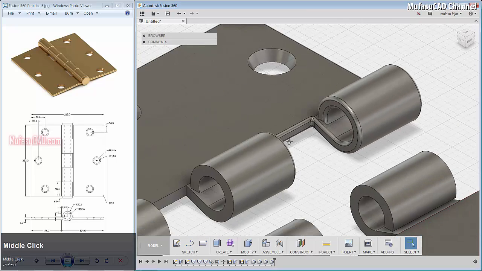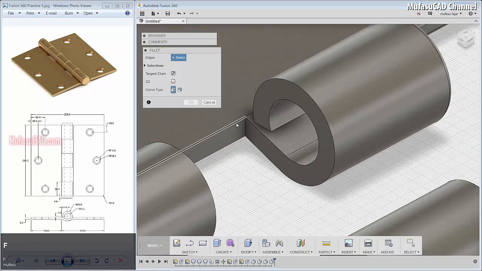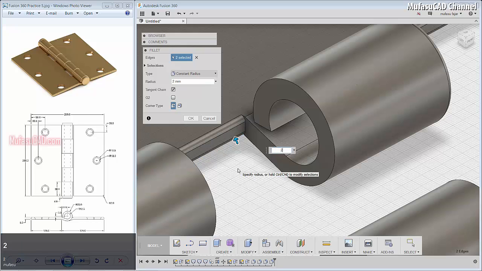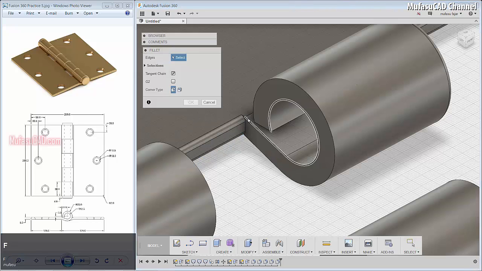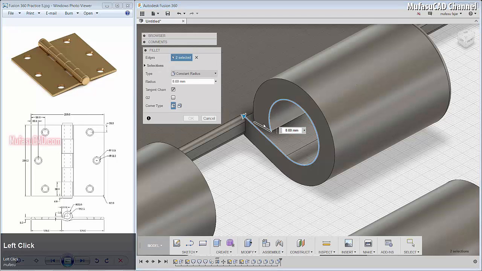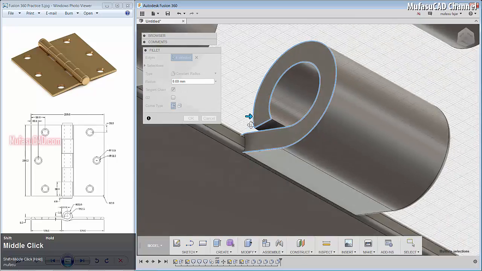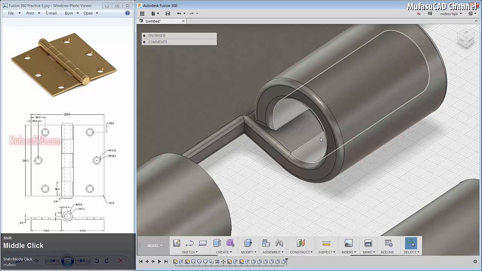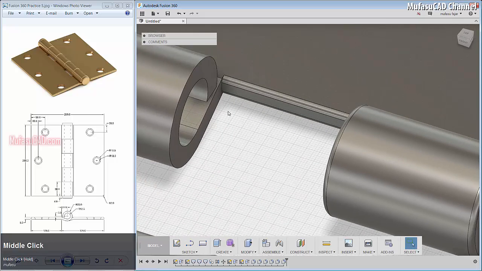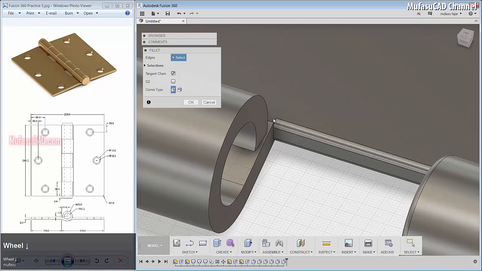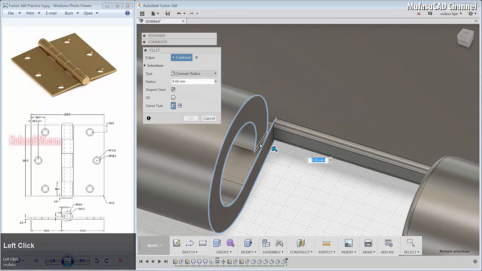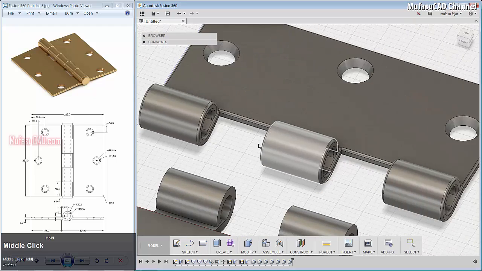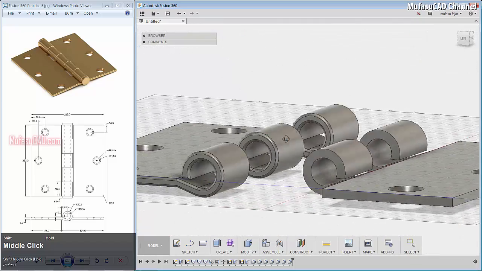And next we fillet in here. You can select here and 2 point and okay, and we fillet in here, here, and with 2 point. Enter, and next we fillet in here. You can select this edge, fillet here, here, and with 2 point and enter. Okay, you can see the result here.